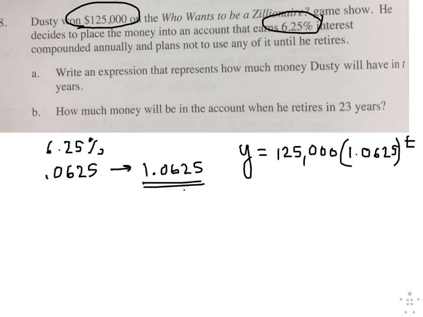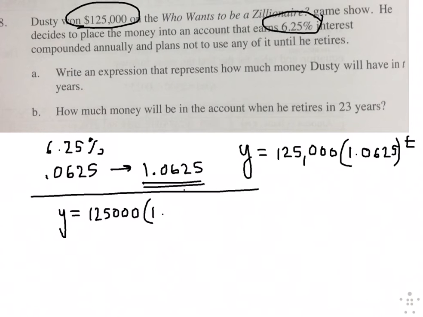And then part B says how much money will be in the account when he retires in 23 years. So we substitute in. So I take y equals 125,000 times 1.0625 to the t, which is 23 years. And I type that into my calculator, 125,000 times 1.0625 raised to the 23, and I get